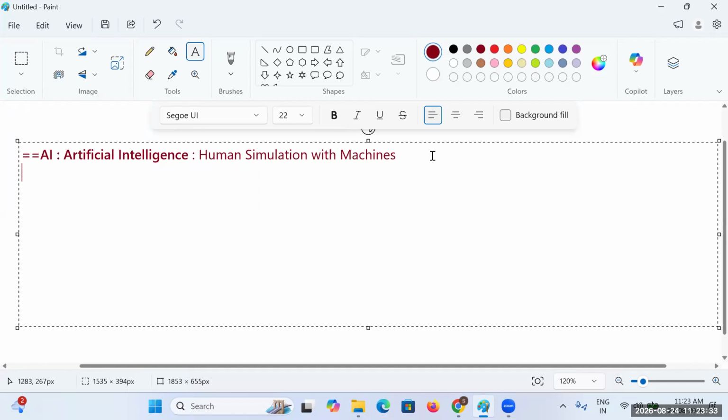So that is how you got the concept of AI. It's not any new concept here.